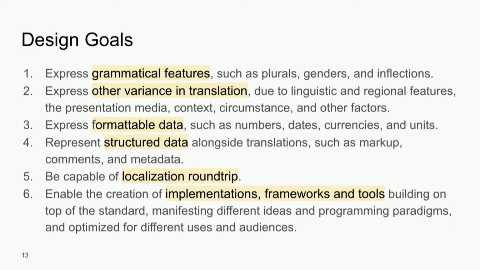You can see the bullets already what we want to do, but basically we want to support grammatical features like plurals, genders, and especially inflections, which traditionally are not handled by any current format that I know, at least not in the open, right? I mean, we all know that Google and Apple and Amazon, we all have some kind of assistants that try to be very human-like and do the right thing, but there's nothing in the open that can help you with that.